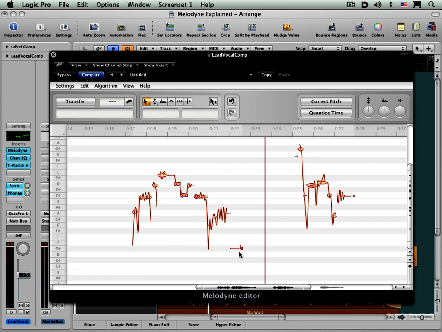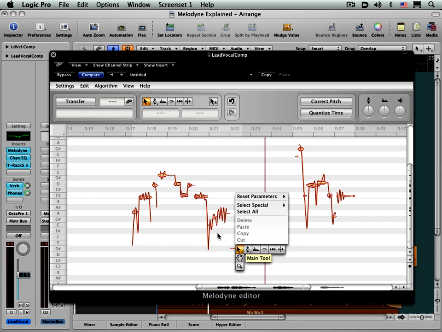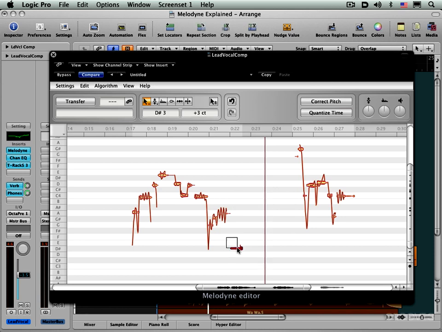Now what I'm going to do is call up a contextual menu by control-clicking right on it, holding my control key, click and hold, and I get a pop-up menu, and I can choose Cut. Now it's not highlighted right now because that blob isn't selected. So let me just select it like that, and now control-click, and I'm going to go Cut, and now it's out. So now what I'm going to do is select those notes,